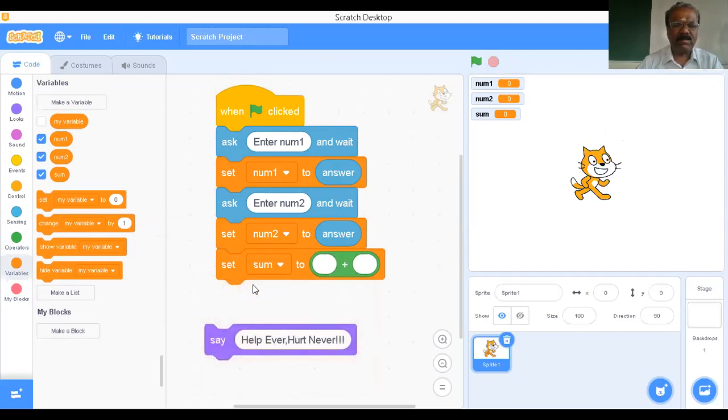That is set sum equal to num1 plus num2. Then I will go to variable, here num1 and here num2. It's going to add num1 with num2, then store this result into the memory called sum.